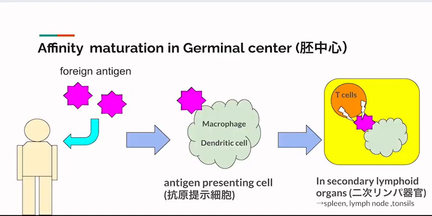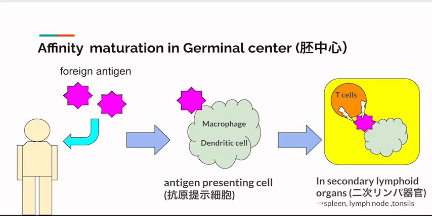As we explained earlier, affinity maturation takes place within the germinal center, which is only alive temporarily. The process of germinal center formation begins with antigen presenting cells such as dendritic cells and macrophages recognizing the antigen. After recognition, those cells move to the secondary lymphoid organs, for example, spleen, lymph nodes, and tonsils, and present the